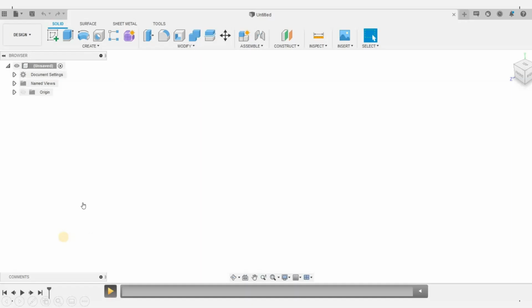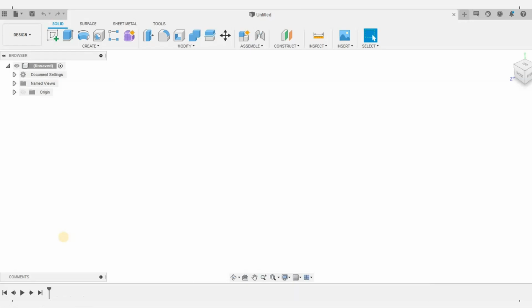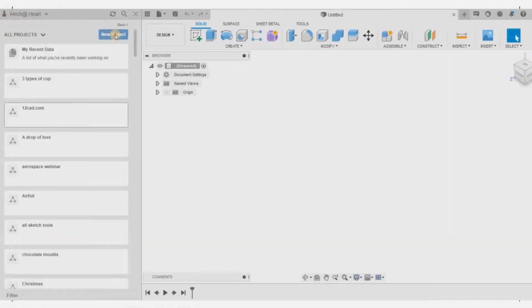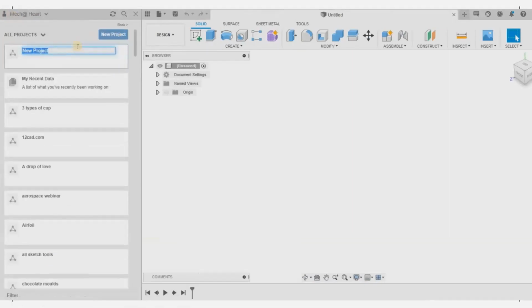Now, to start, first of all, we need to save our files. We all know that whether it's in Microsoft Word or Microsoft Paint, we need to save first. So let us see how to save our files in Fusion 360. What they did is they went to the data panel and took up a new project.